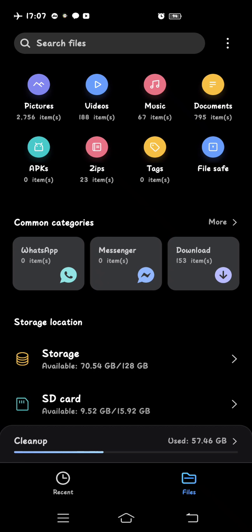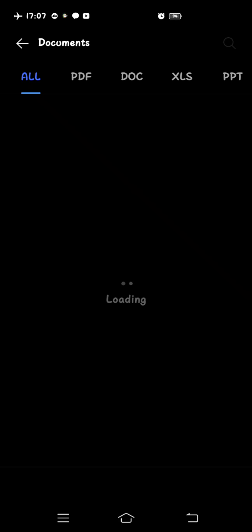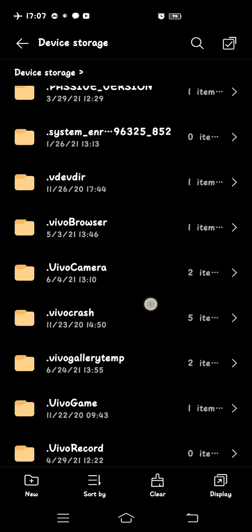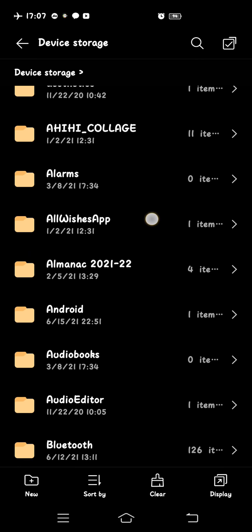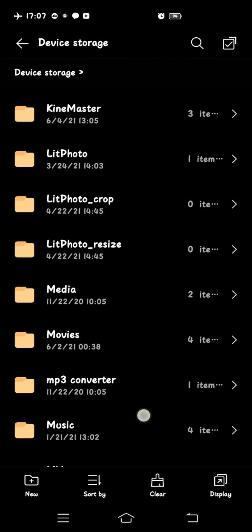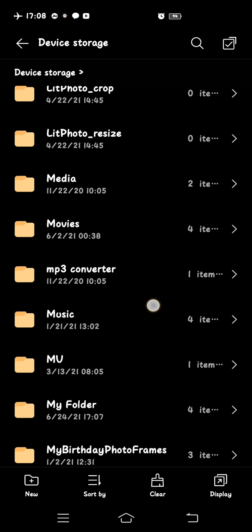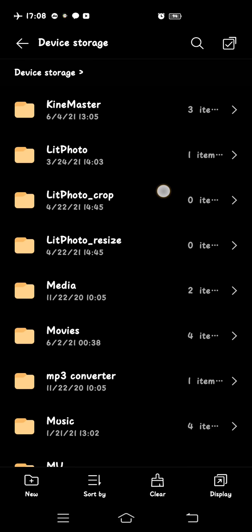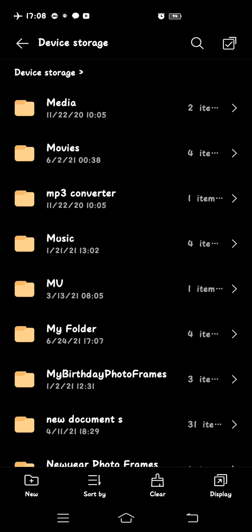Now once you have created your folder and you want to see it, how can you see it? It won't be visible in the document place. You have to click at the storage. When you click at storage, you will find a number of folders over there. Then you have to search for the folder which you have made. And which folder was mine? My Folder. I'm going to search for my folder. Here it is. I'm going to click it, my folder. Then you can see the English folder is there, the maths folder is there, and the next two are there.